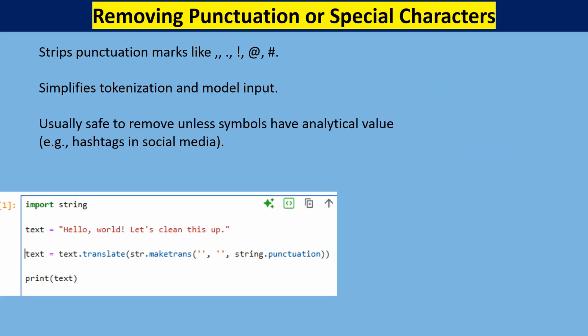Removing punctuation and special characters. Punctuation often serves a grammatical purpose but adds noise in NLP tasks. Removing it helps consistent tokenization and reduces vocabulary size. However, in specialized tasks like hashtag or handle analysis, some punctuation may be useful and should be preserved. Hello world, let's